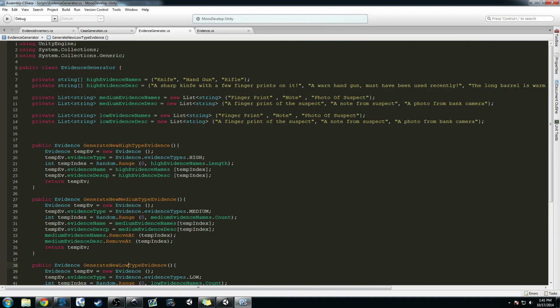Now we haven't changed the names, and that's because I really don't know what we want to do for low evidence, but I guess we'll say footprint will be one, maybe a money, and then we'll say a pen for now. Again, leave me your ideas. I don't know what to do since we've changed over to this random stuff. If you guys have some cool ideas for evidence, write them in the comments below, and I can definitely use them. We'll say a dirty